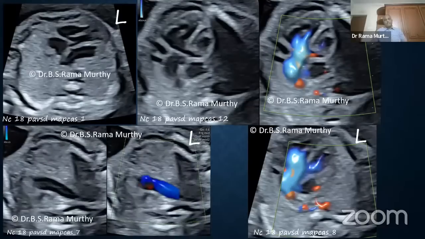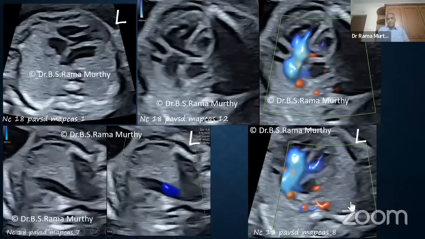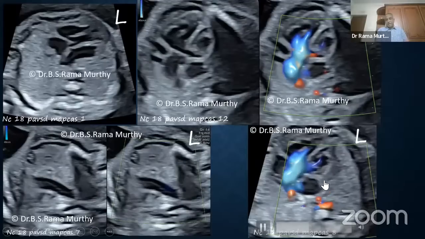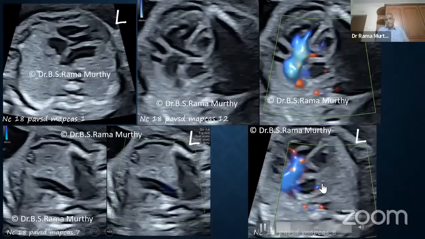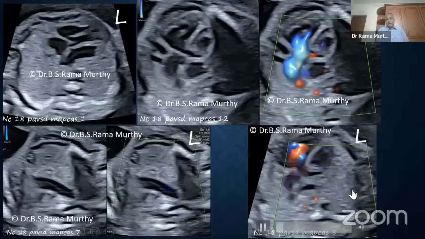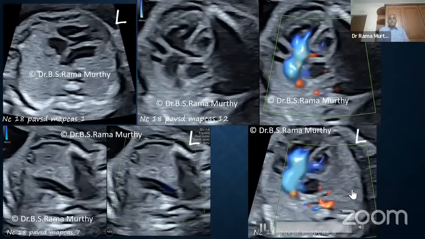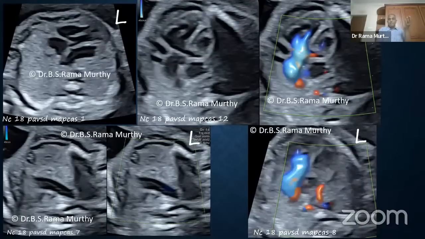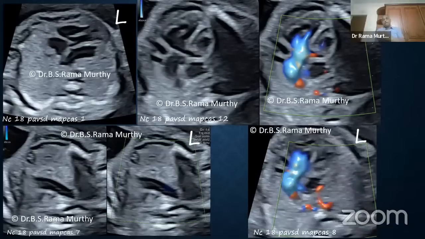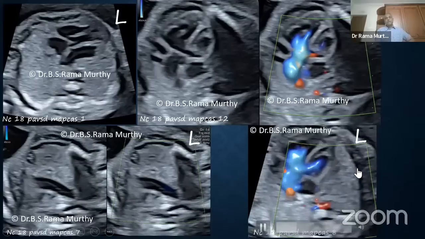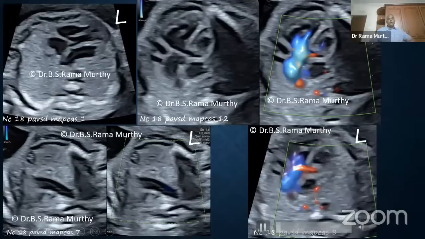Scale. And when I begin to look for collaterals using a lesser PRF, I find that the collaterals are coming from the descending aorta. You can see that here. So here the pulmonary supply is from the descending aorta, and that becomes a type C, which is MAPCAs, pulmonary atresia with MAPCAs, major aortopulmonary collaterals. And this has a worse prognosis. The one with the MAPCAs has a worse prognosis compared to the one which has a ductus-dependent reverse arterial flow.